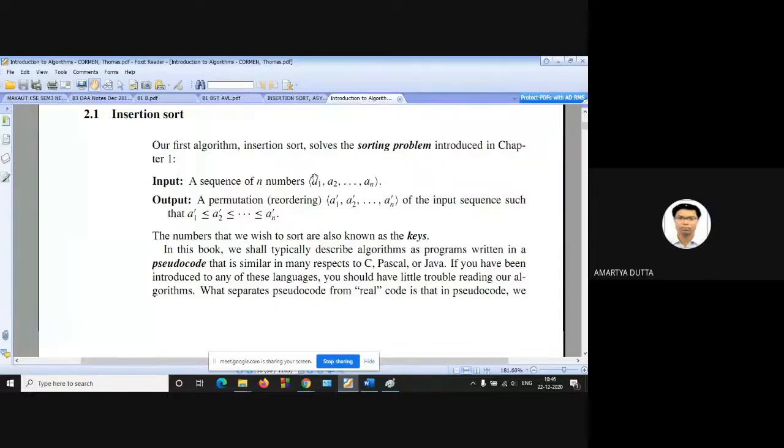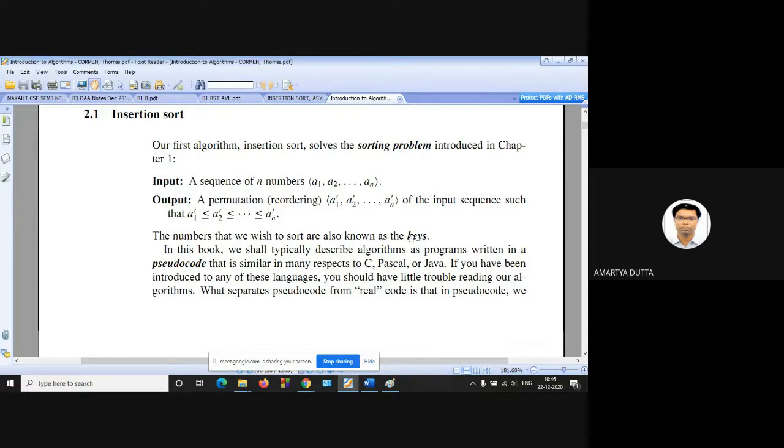This is a sequence a1 through an, and the output is a permutation, or reordering, a1', a2' up to an' of the input sequence, such that the ordering is maintained in this form: a1' is less than or equal to a2', which is less than or equal to a3', up to an'.